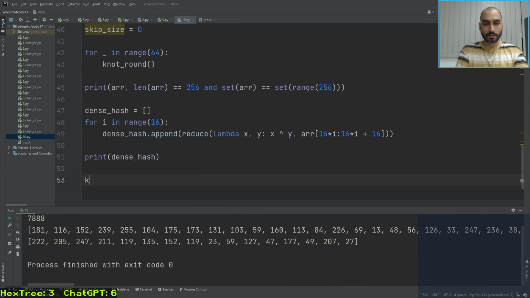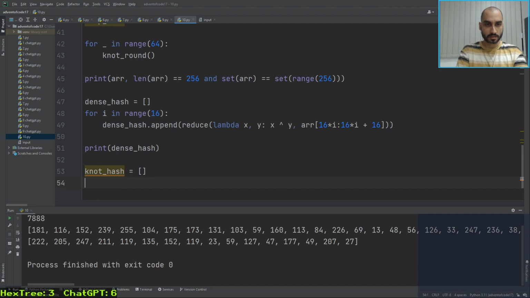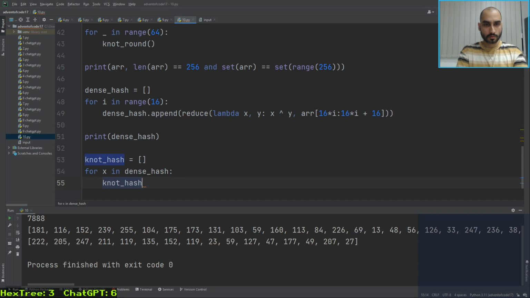So the not hash equals that. So for x in dense hash, not hash dot append. So we want to convert